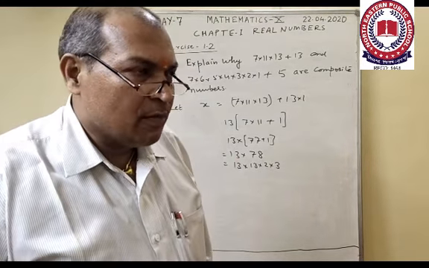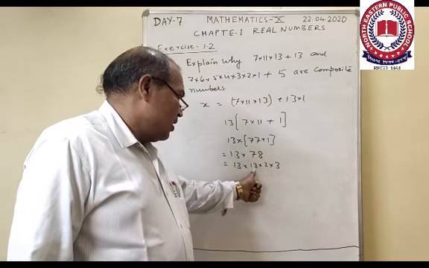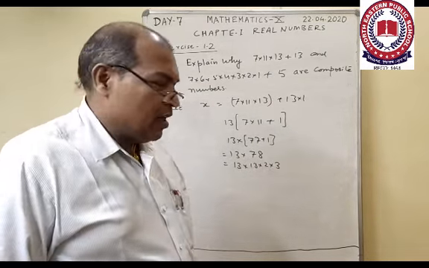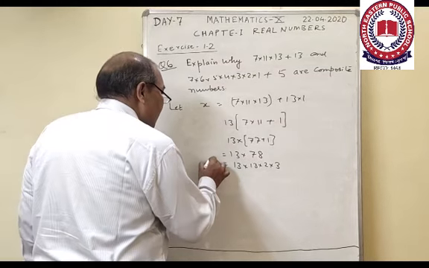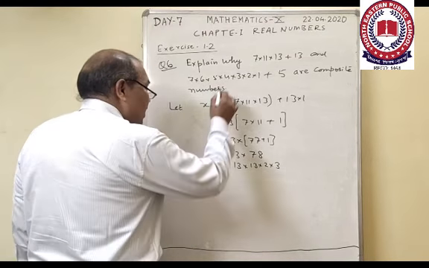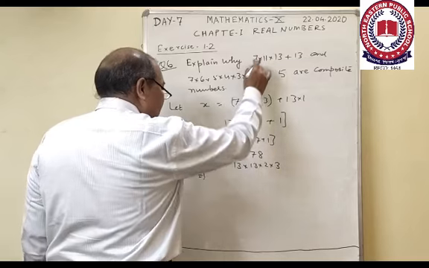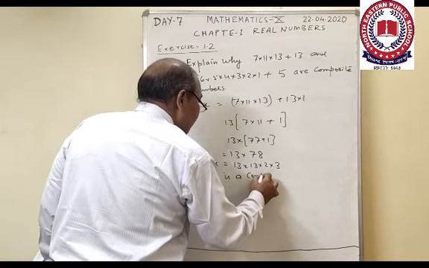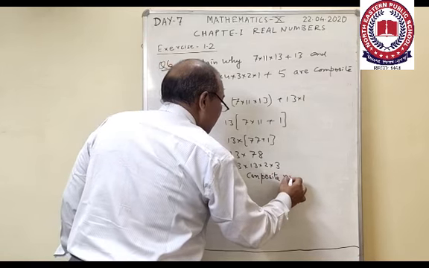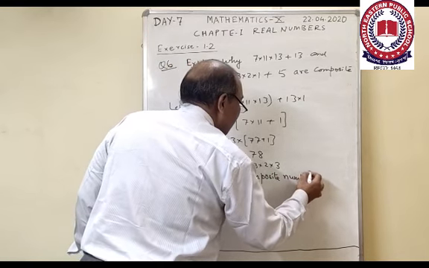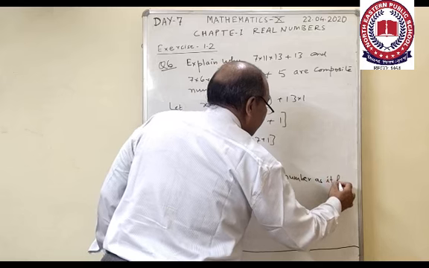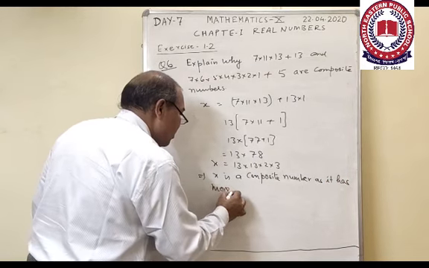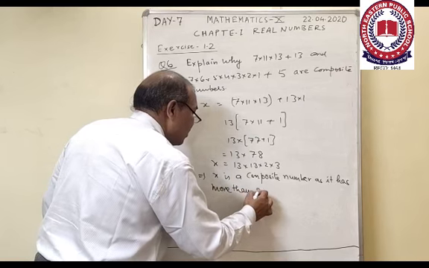a composite number. But we get here 13, 2 and 3, so many prime factors of this number, and therefore here x is taken as this number. So here we can say x is a composite number, it has more than 2